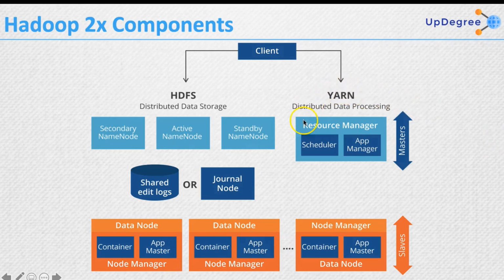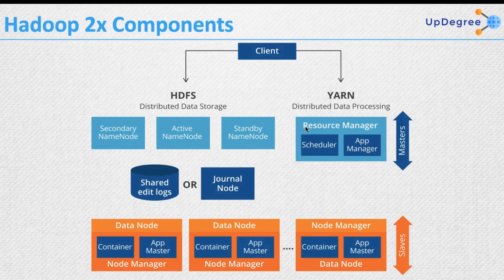So on the right hand side, it's your YARN, which is your data processing layer. Now you don't have a job tracker, but instead of job trackers, you have a resource manager. Within resource manager, there is something called scheduler and app manager. Again, we are going to talk about this when we discuss the architecture of resource manager,